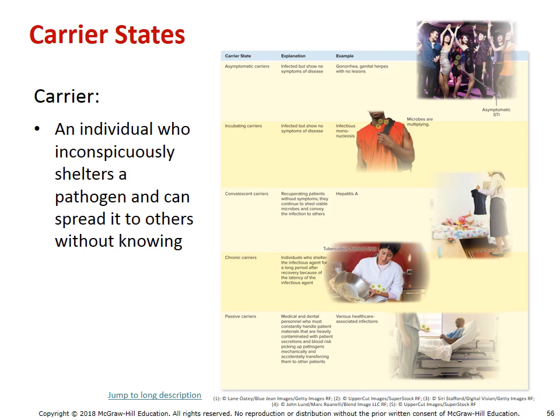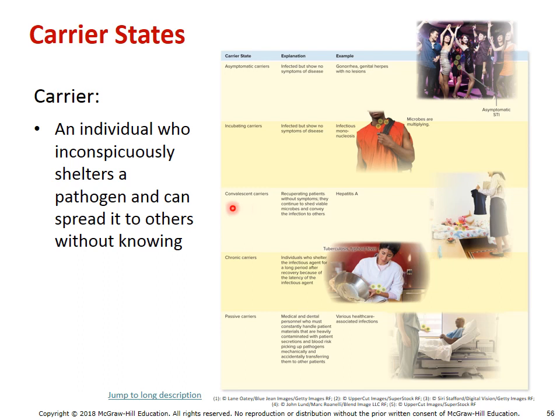So let's talk about carriers, because carriers are a common source of infection. They even may be potentially reservoirs if they're a long-term source. So let's point out the different categories, like asymptomatic. Again, asymptomatic, this individual has no idea they're infected and typically won't take the steps to prevent infection. An incubating carrier is someone that's still in the early stages of infection. Again, not knowing they have infection, they're not going to try to protect others by preventing the spread.